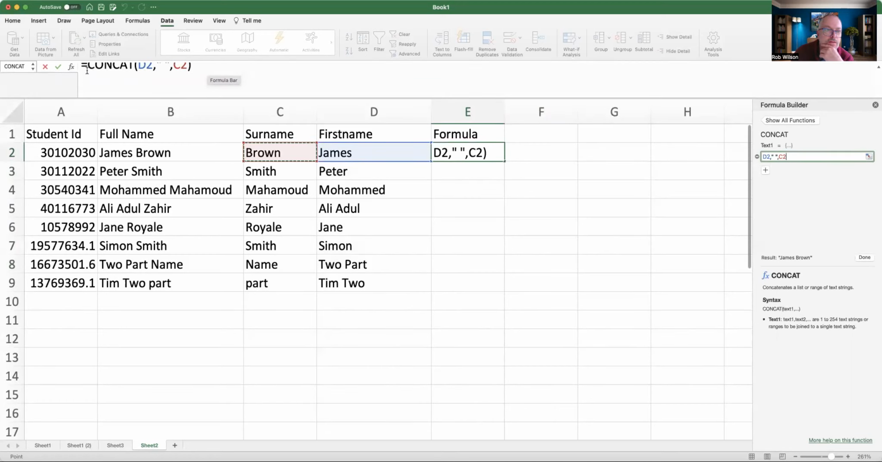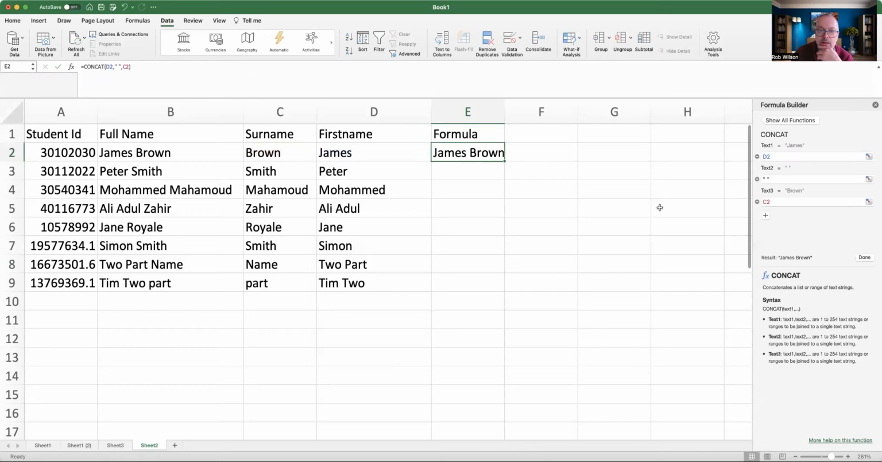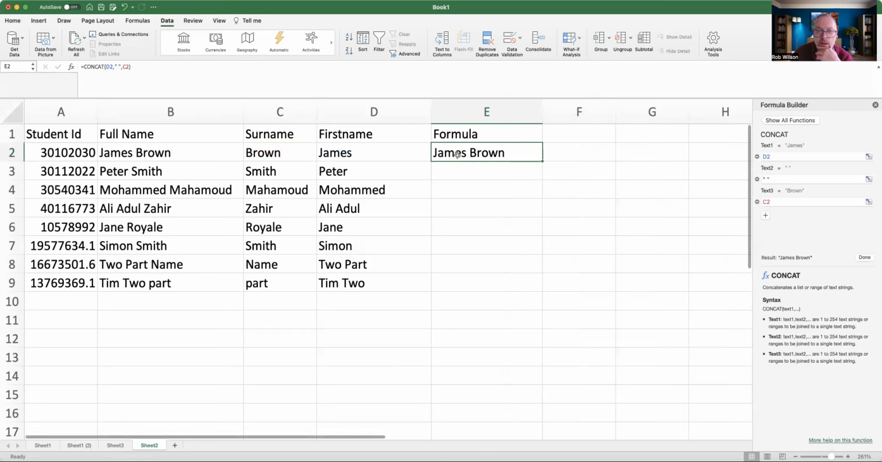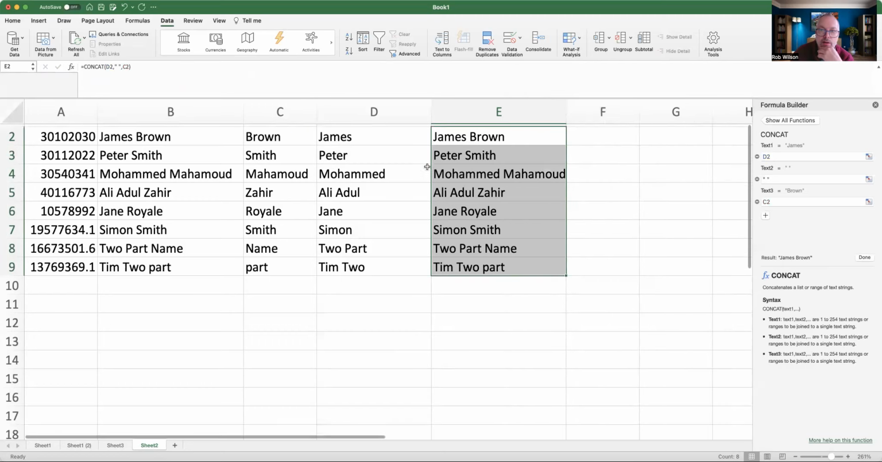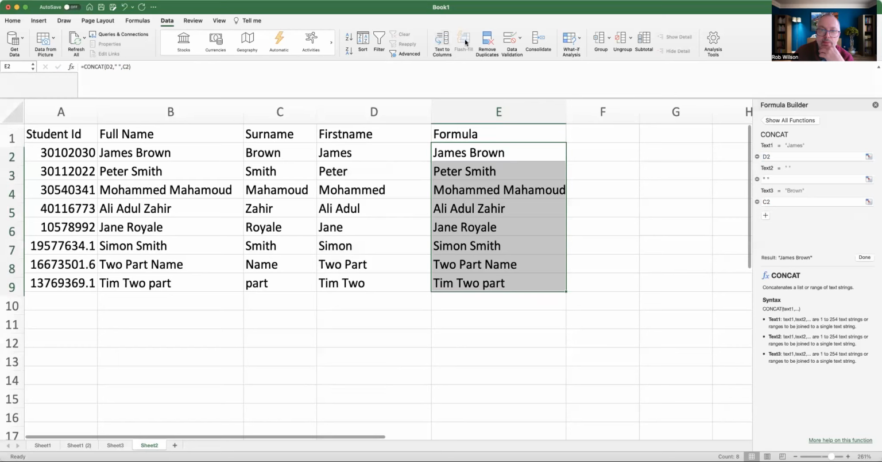So that in full is equals concat, open brackets, and I'm using D2, and I'm putting a space in quotes, and then I'm putting in the surname. If I press enter on that, or I could click on done down here, it's made that nice new version for us, and then we can use that little square to copy it all down. So that's the more complicated way of doing it, but you can see by using that flash fill that was up here,